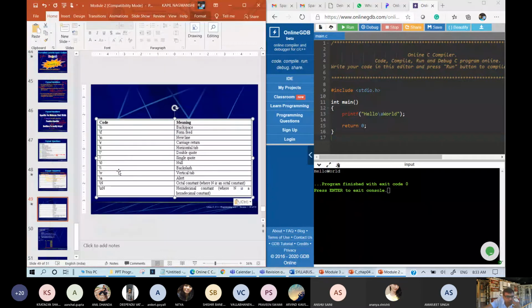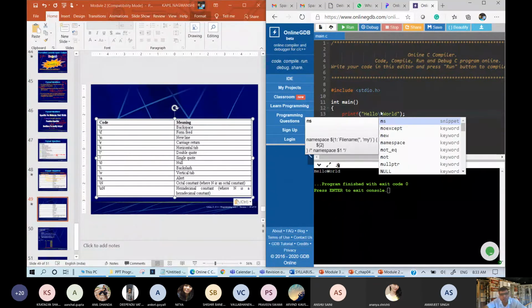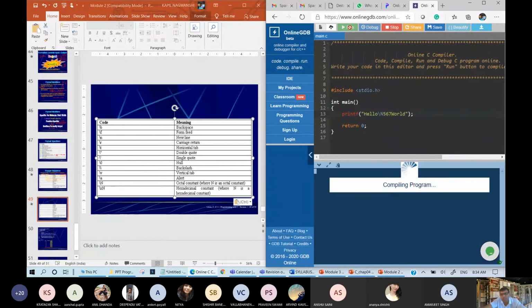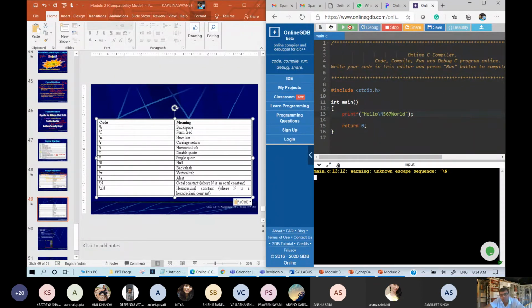Now come to another slash and octal number. So we need to write something here. Capital N 567. Let us see whether it is able to write or not. Unknown escape sequence actually. Fine. So it is actually this value 567. Now it will show you hello world, and in this world the W is shown. Some value of this will be shown, and likewise \xn is used. So \xn and \n we will use later on.